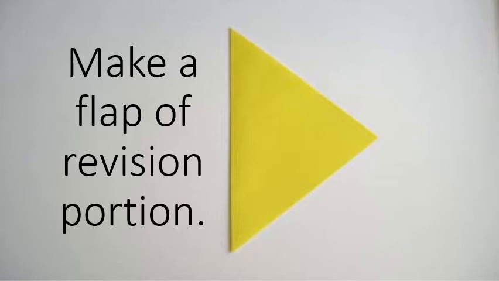Before starting the revision, you will start from the first page. You will see whether your work is done or not. If your work is not done, you can leave a few pages to complete your work. Then you will make the flap of revision, right? Then afterwards you will make the title page of the chapter simple machines for RT1.